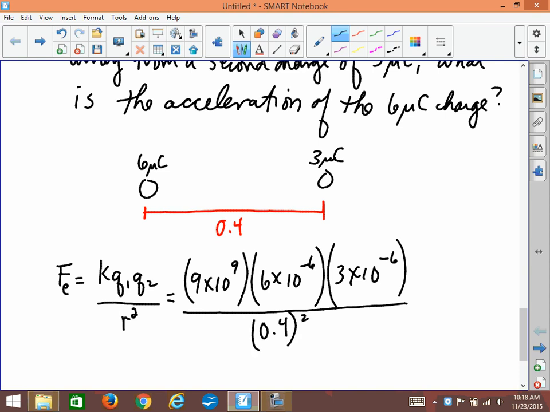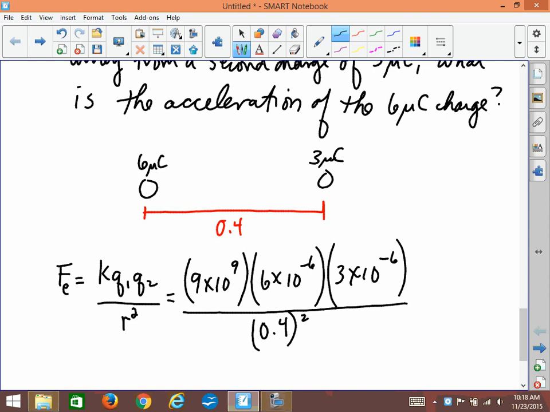And do the math here. 9 times 10 to the 9 multiplied by 6 times 10 to the negative 6 multiplied by 3 times 10 to the negative 6 and then divided by 0.4 squared,